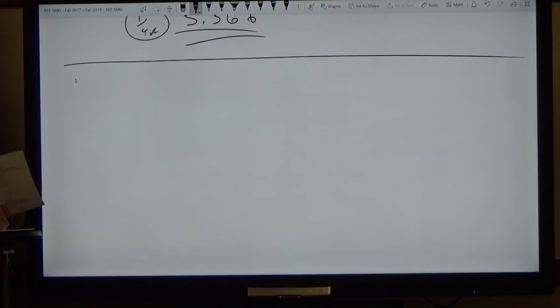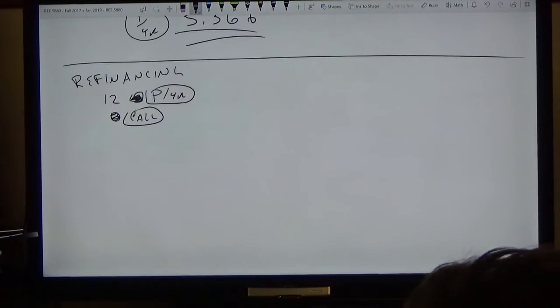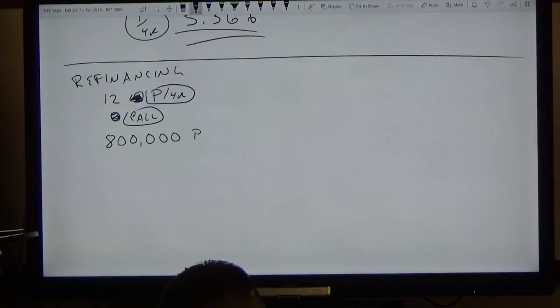Okay, refinancing. All right, so in this case, we're going to do something relatively straightforward. Loan amount, 800,000. Okay, interest rate,